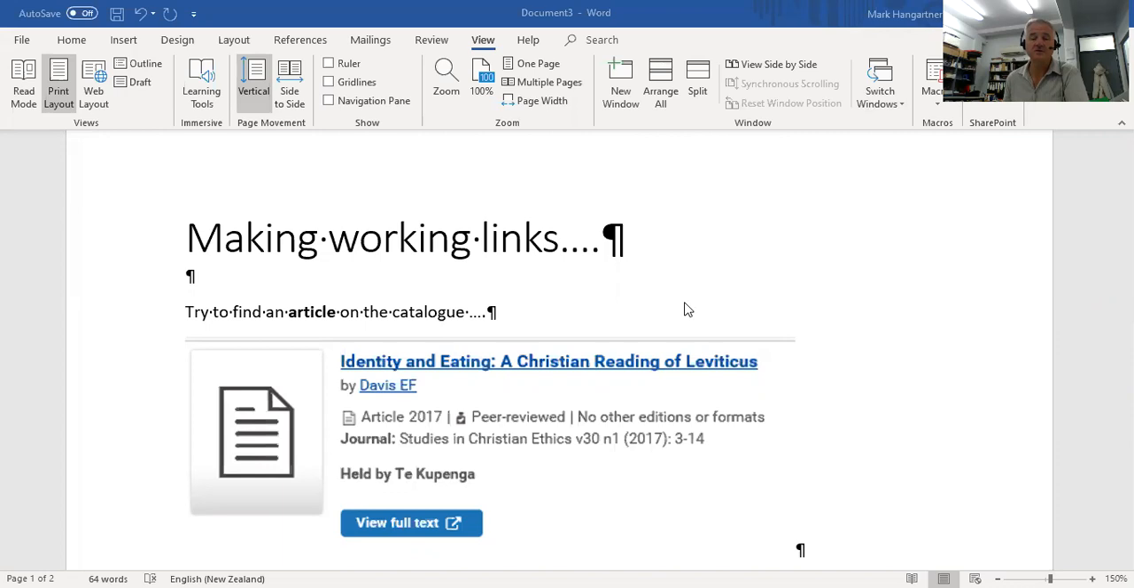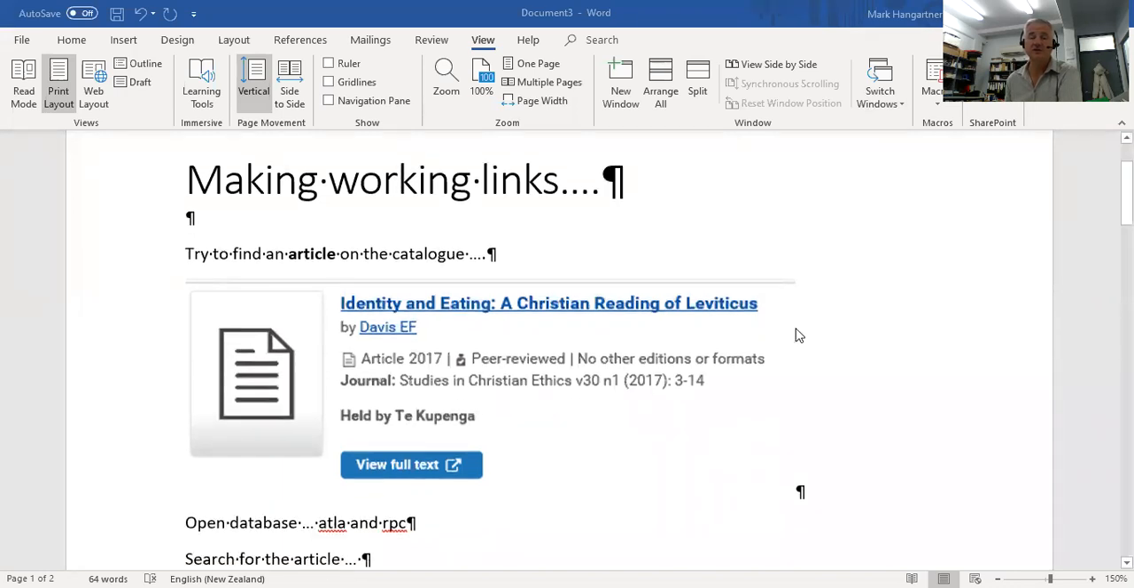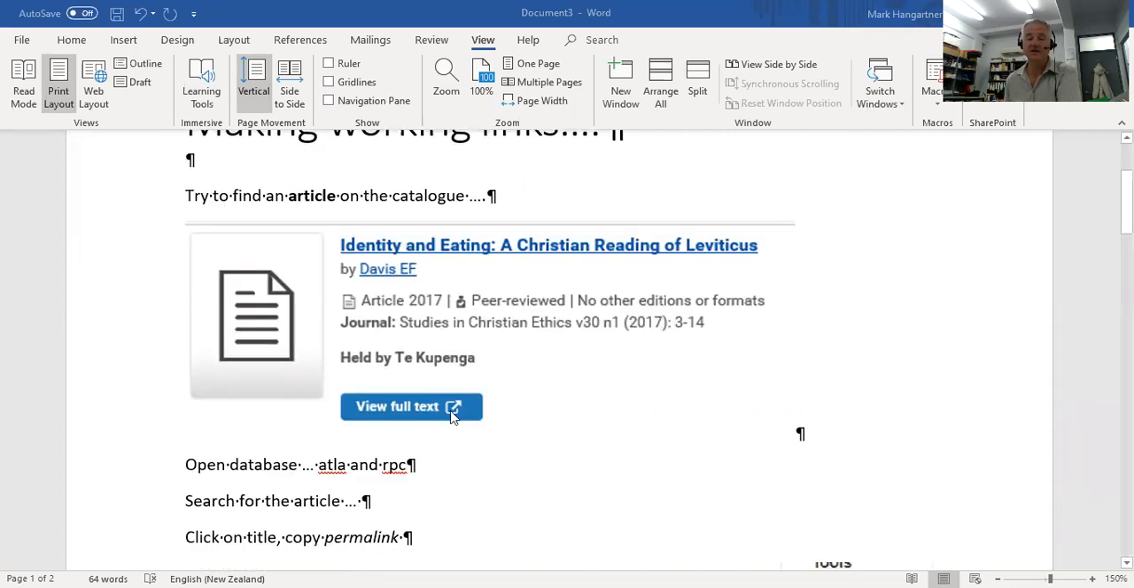So your first option, if you can possibly do it, and this works either for ebooks or for the journals, is to do a search on our catalogue, and if you can, find the link. So in this example, we've got an article, Identity in Eating. It's from the journal called Studies in Christian Ethics, and there's a link to the full text. Obviously, when you click that, you'll go into the correct database at the correct article,